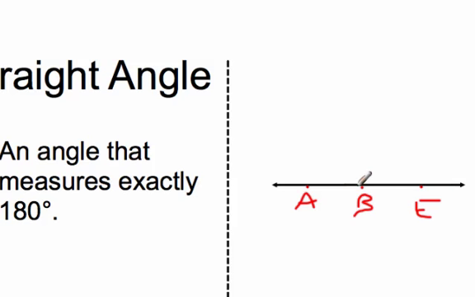But if I was to make a ray right here, I should have drawn that straight, but anyway, and let's say we call the point here point F, we could no longer refer to angle ABE or angle EBA as angle B because there's now two angle B's. There's angle FBA, or actually three angle B's: angle FBA, angle FBE, and of course the one we started with, angle ABE. So when in doubt, use three letters to name